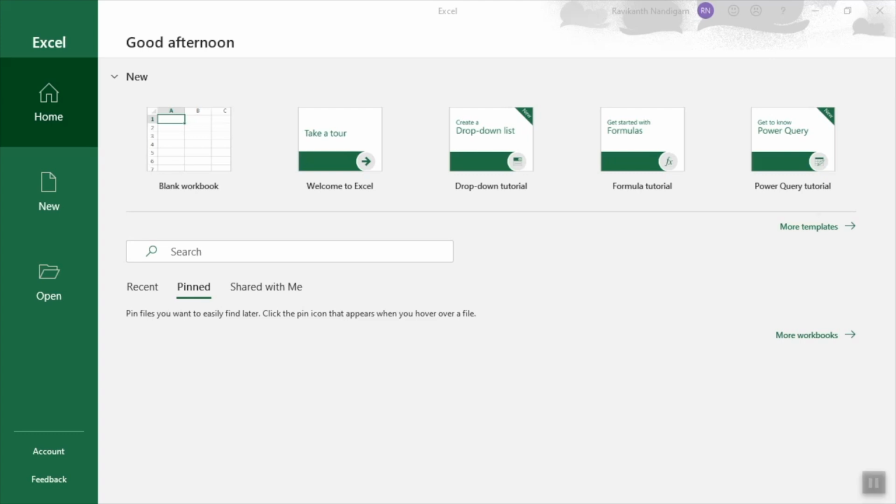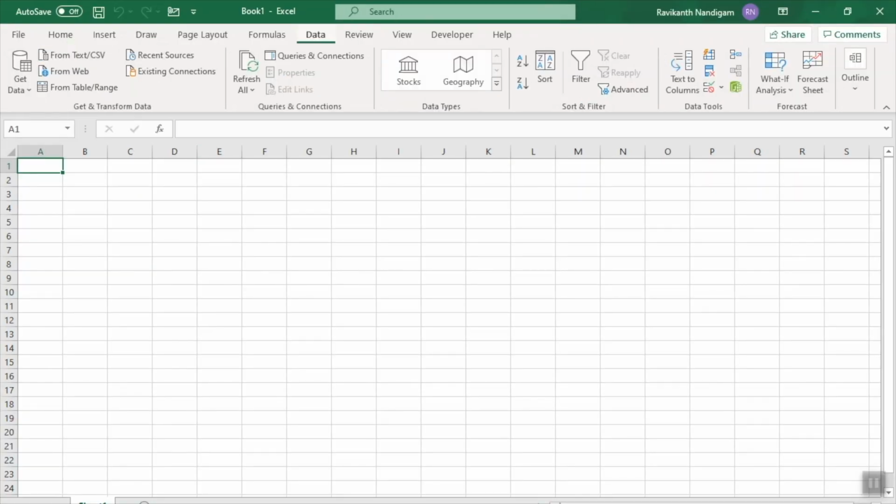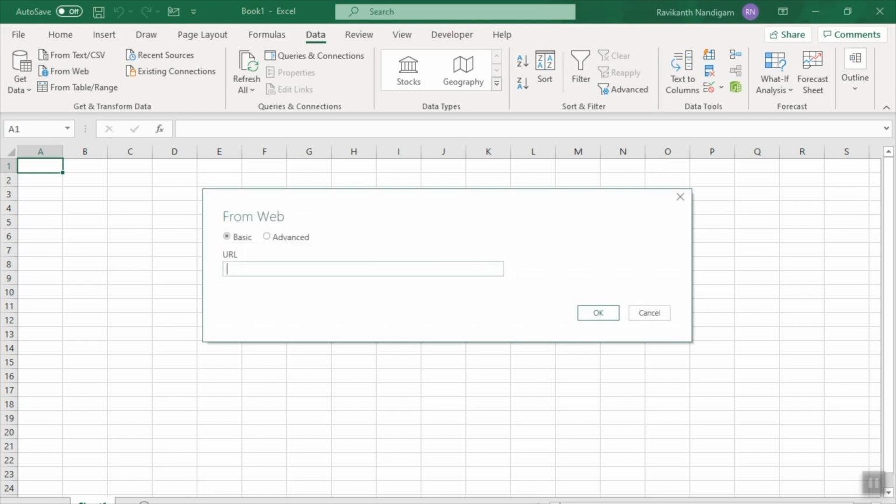Now open Excel and create a new document by clicking the blank workbook area. Click on the Data tab. In the ribbon of the Data tab, click on From Web. The From Web wizard window will open. This is where we put the link we copied from finance.yahoo.com. There are two modes available, Basic and Advanced. For this exercise, we only need Basic mode. Click OK. Excel will now attempt to connect to the website. This may take a few seconds.